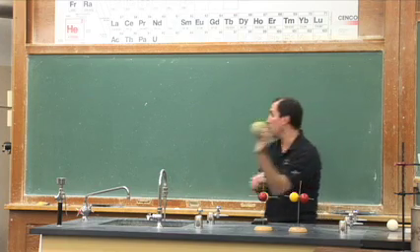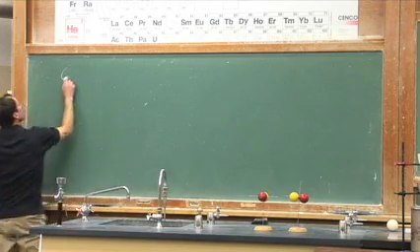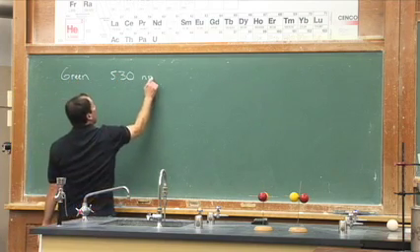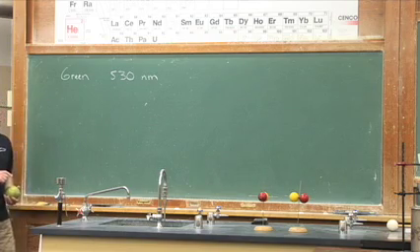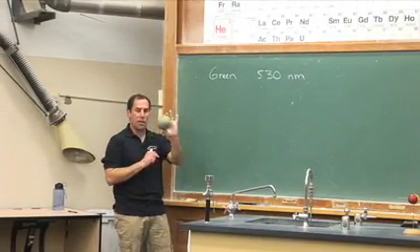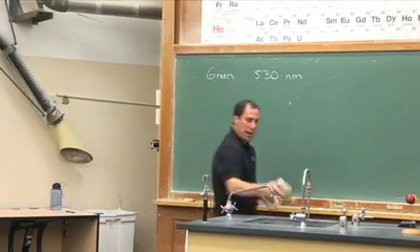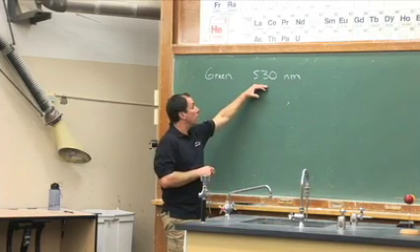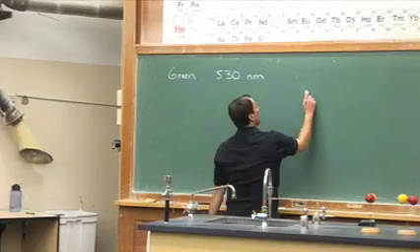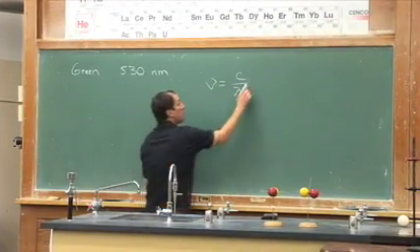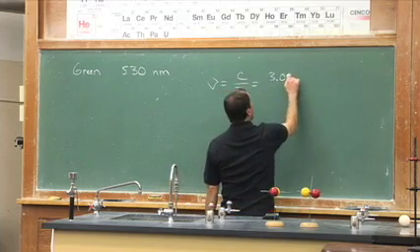We can calculate that. For example, consider a green light that has a wavelength of 530 nanometers. You can check this in your electromagnetic spectrum, and you'll find that 530 is probably just to the right of the solid green region. Something a little pale like this wood ball has been painted. So we've got green light with a wavelength of 530 nanometers. Let's go ahead and calculate its frequency. So frequency is equal to the speed of light over the wavelength. The speed of light is going to be taken to be 3 times 10 to the 8th